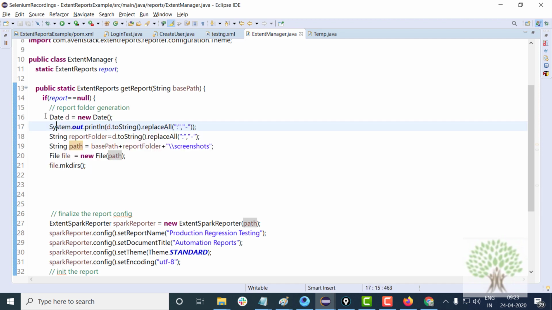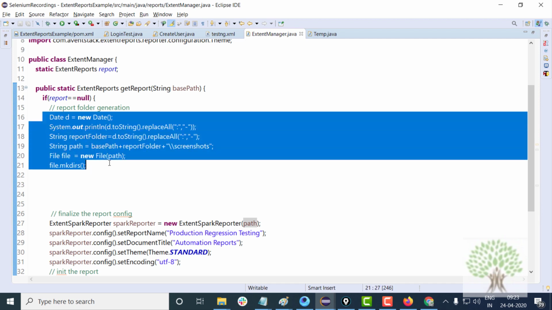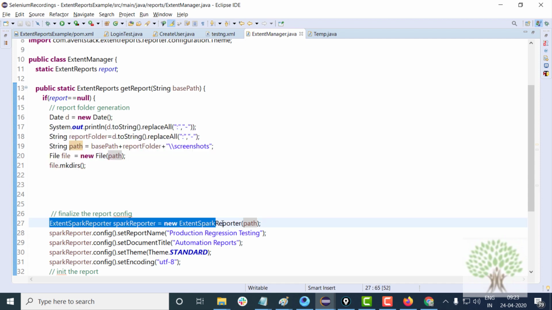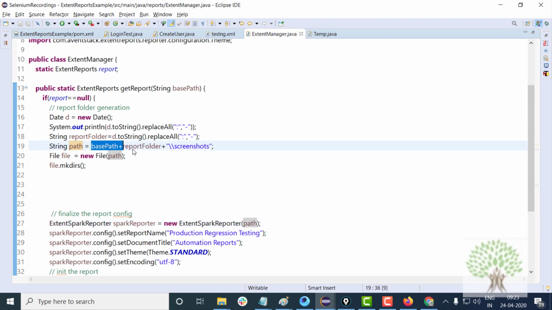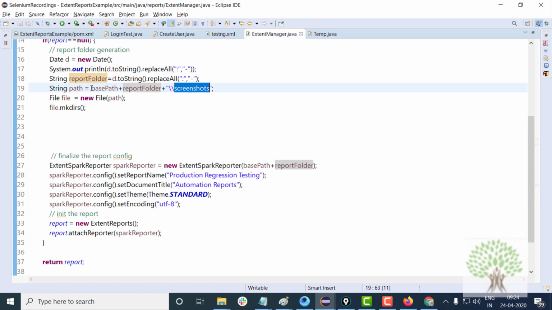Now after generating the folder, you have to generate extent reports under this path, under the dynamic folder, not under the screenshots folder. Okay, under your base path followed by the report folder name.